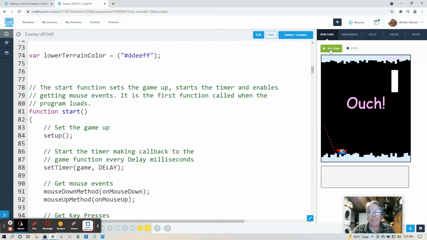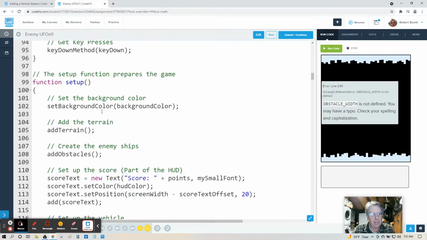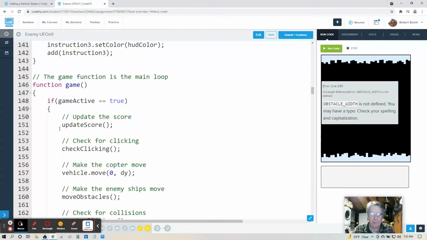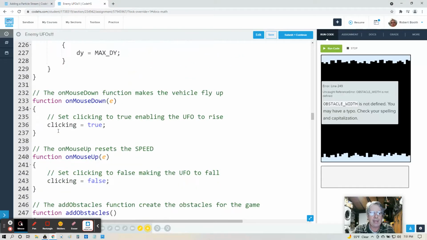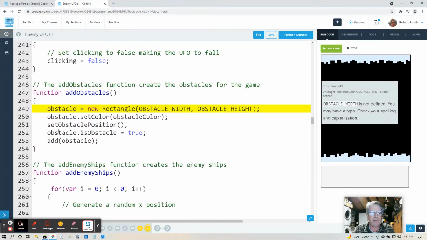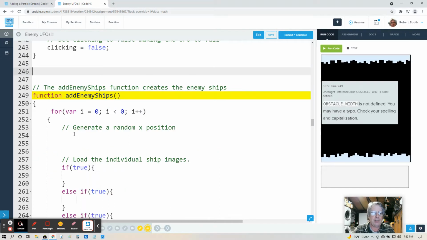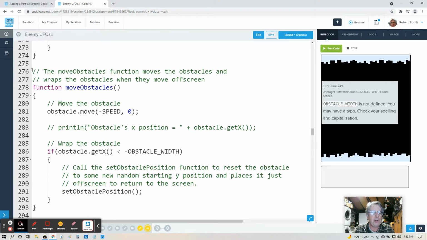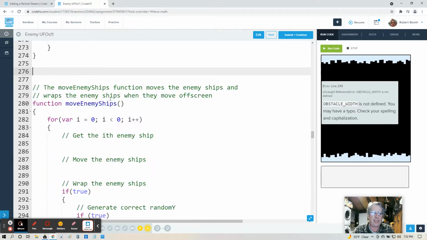Now, we've broken our code, by the way. If you try to run your code, you're going to find that we've broken some things. So as quick as possible, let's unbreak our code to get it back to running again. So I'm going to go down in the code to where we used to have adding obstacles and moving obstacles. I'm just going to go to add obstacles, highlight it all, and delete it. Goodbye, add obstacles. It was nice. You're gone. I'm going to go to move obstacles, and move obstacles is going to suffer the same fate